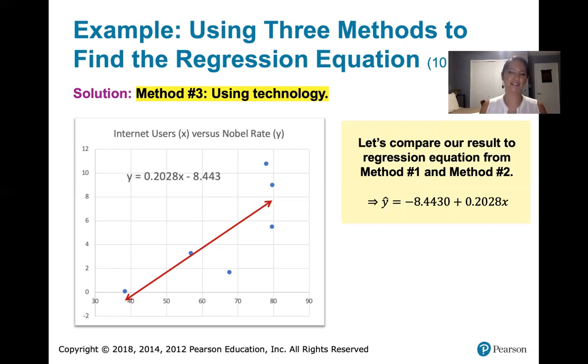Okay, so that is how we use technology. Obviously, technology is the easiest. I was just creating a scatter plot and adding a trend line and then asking Excel to give me the equation. That was just a few clicks. But I want you to use method number 1 and method number 2 at least a few times so that you understand that b sub 0 and b sub 1 are tied to that data, and they're tied to the